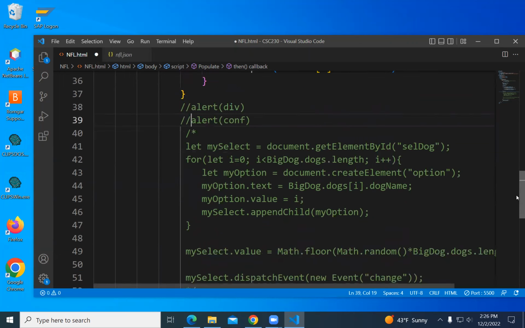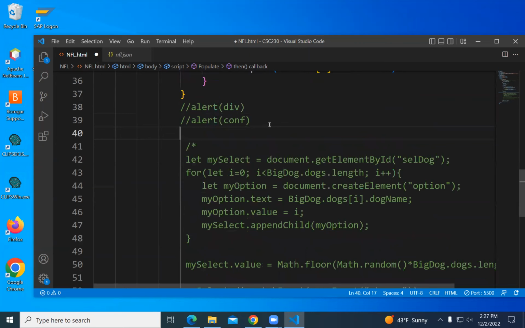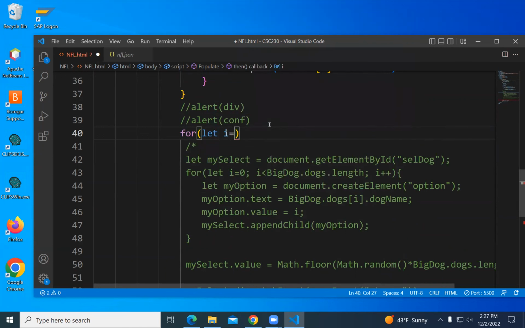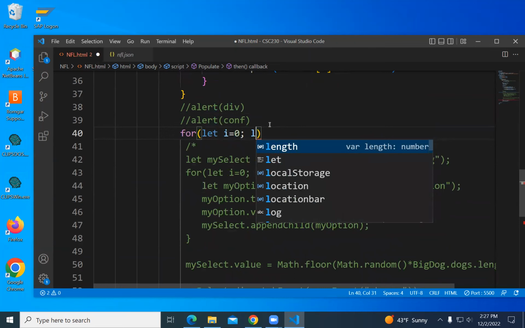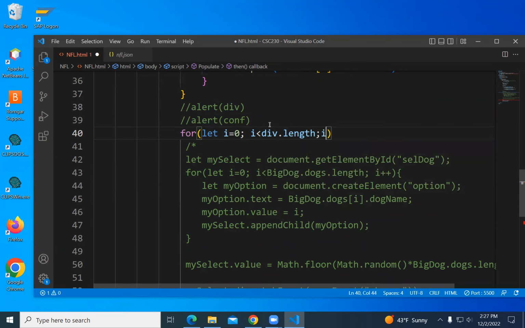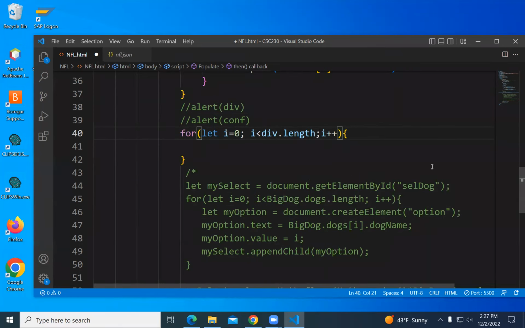Now let's play our usual game of a loop over the divisions. Let i = 0; i less than div.length; i++. And I need what?